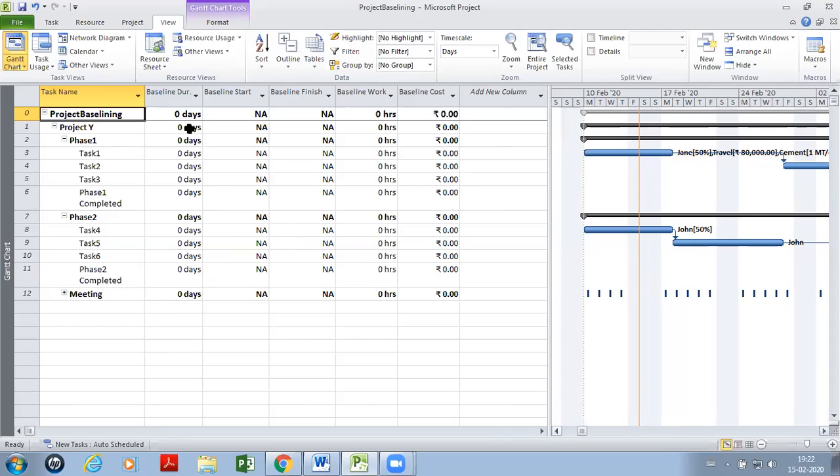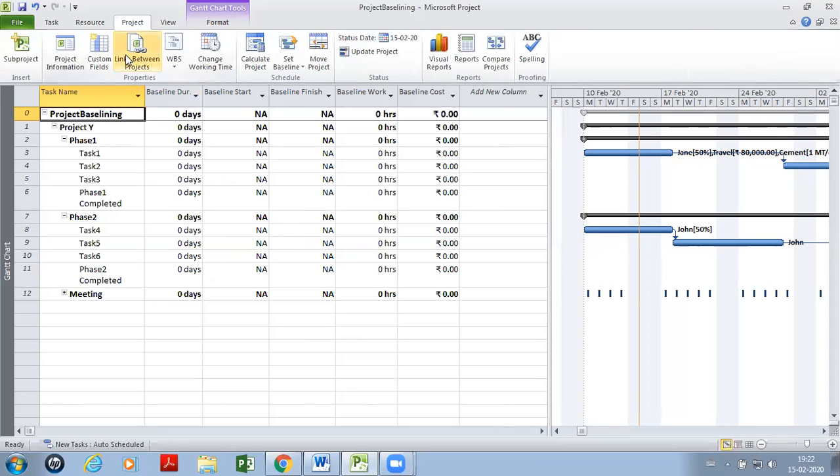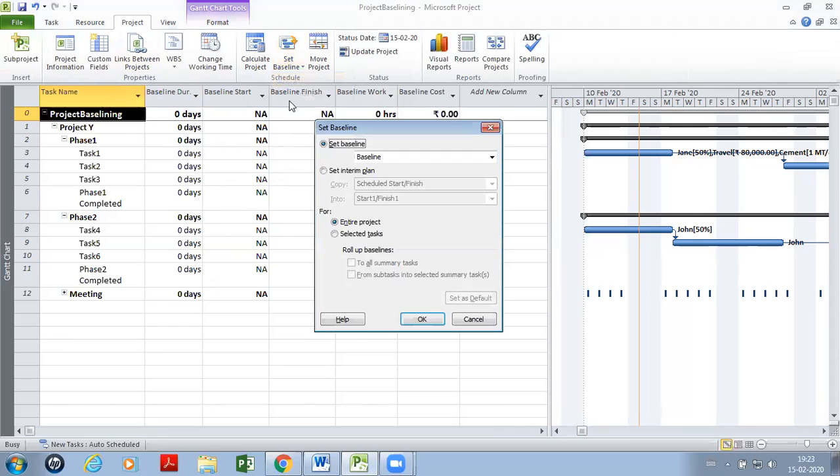So baselining is very simple. We go to Project, and under Project we have Set Baseline. On Set Baseline we have Set Baseline and Clear Baseline. So obviously to baseline, we have to choose Set Baseline. I have chosen Set Baseline.